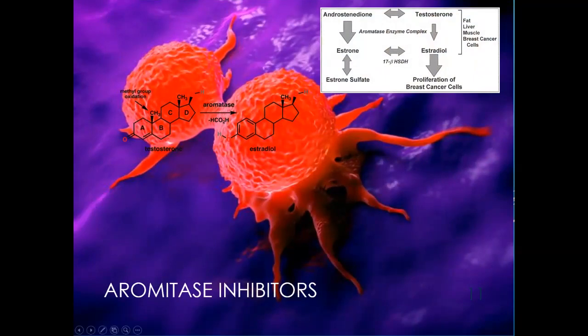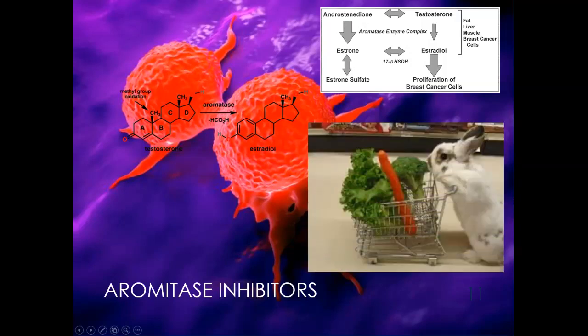I'm trying to inspire some of you to pick a topic, hopefully in this next week or two. This is about aromatase, and aromatase ends with ase, so it is an enzyme. You don't need to know much more about it. I've apparently spelled it wrong. It should have had an A there, but it is what changes testosterone to estradiol, and that's where we see proliferation of breast cancer. And so what will inhibit aromatase so that we don't get high levels of estradiol and end up with breast cancer is